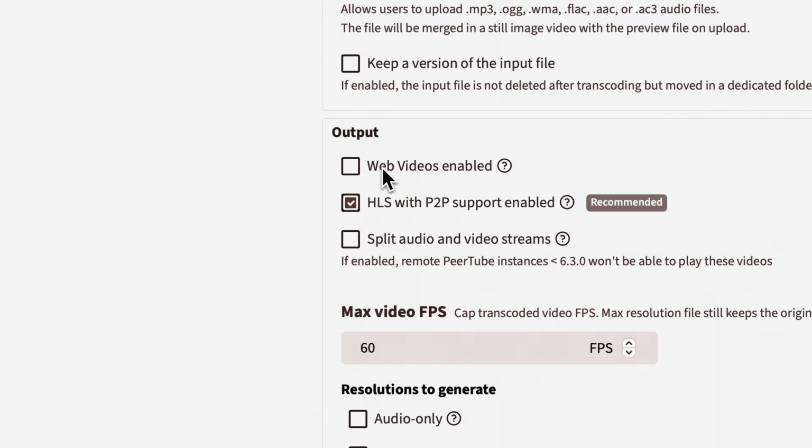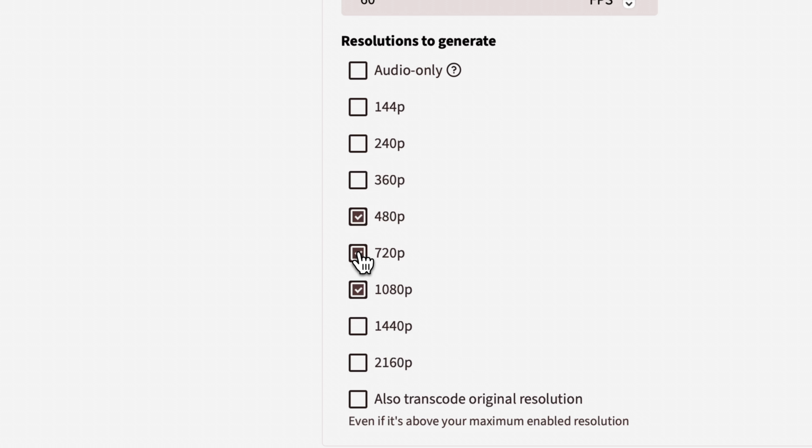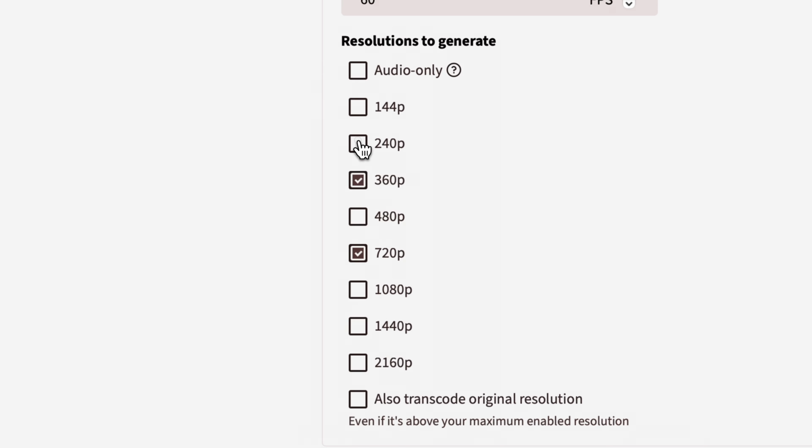This page is very critical mainly for your data usage. We recommend, and PeerTube recommends, HLS videos. Web videos are seemingly on the way out as far as what PeerTube supports. So if you have both, you're going to double the amount of storage you use. Just having one seems like the way to go. Then you can choose the resolutions that you want. If you want to have less storage used, use fewer resolutions, use lower resolutions. So you might go, oh, okay, well, we can go for 720 and 240.